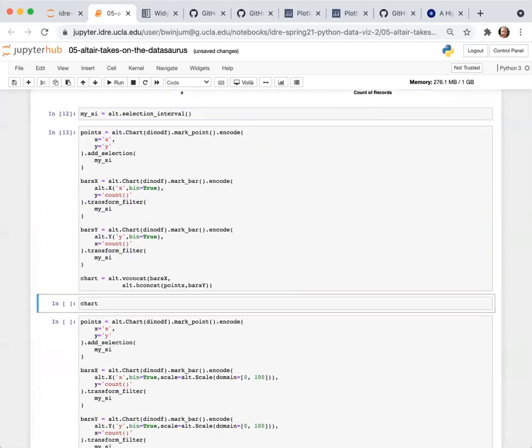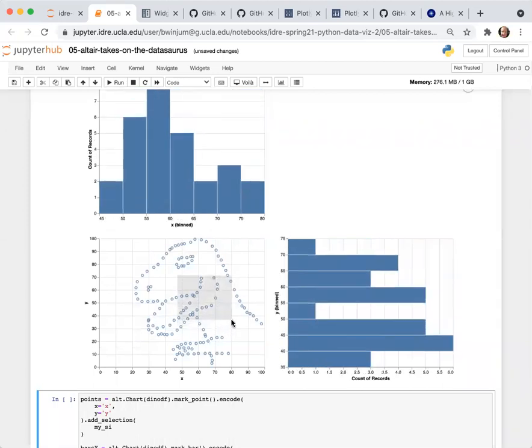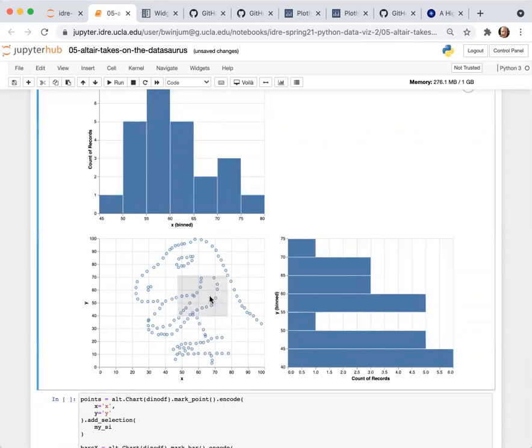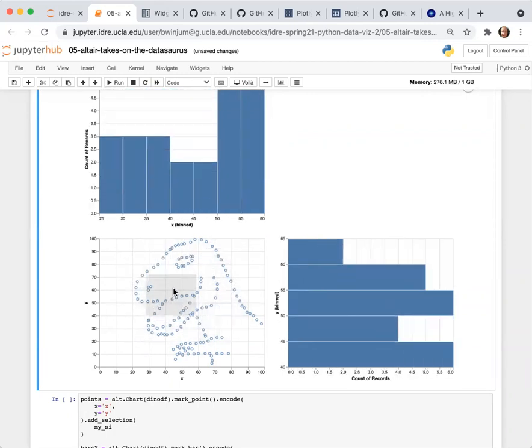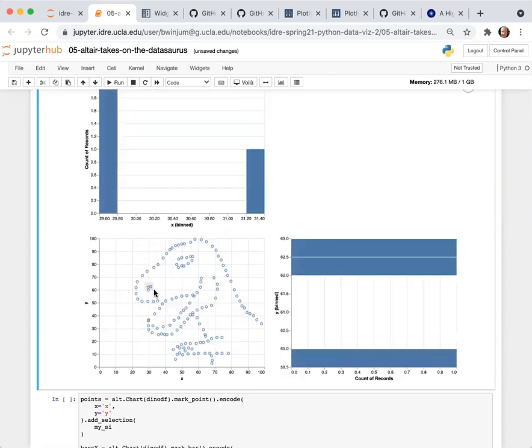For this, you'll see if you drag your mouse over this, a rectangle will pop up. When I stop dragging my mouse, I can click on this box and drag it around, actually. You just click outside the box to deselect it. So if I wanted to look at those particular points, I draw a little box around them and you can see the histogram of the values.